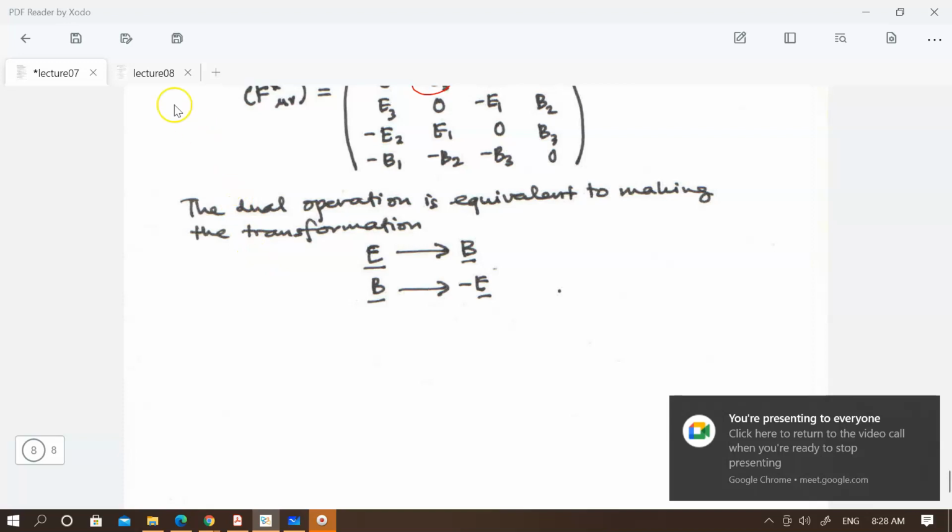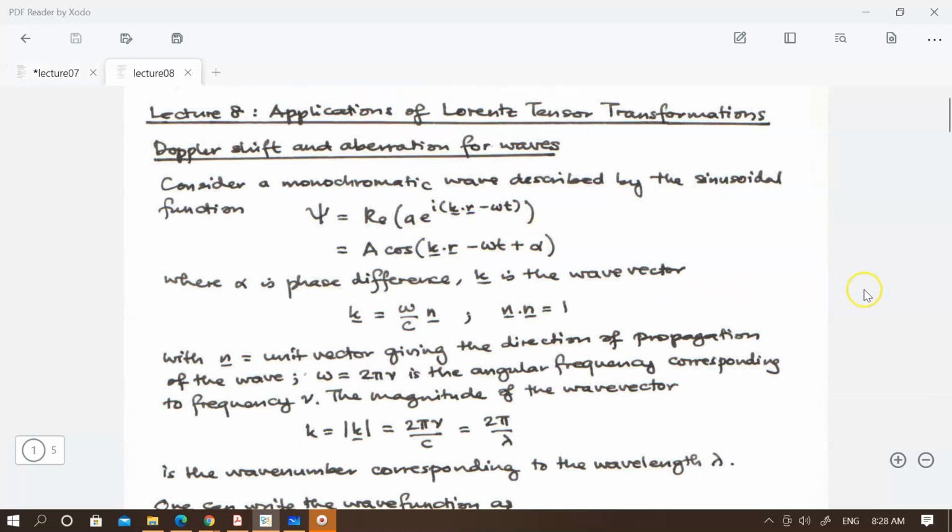So the thing that we want to do essentially is how we apply this Lorentz transformation to tensors, and give some of the things that you probably see in discussion of maybe some astrophysics kind of phenomena. Okay, so the idea here is essentially we look at how changes of reference frames actually give you what we call a Doppler shift,